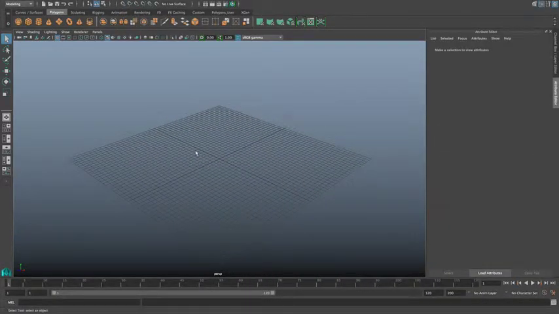Hello and welcome to part one of this lab on lighting in Maya. It's just an introduction to the concepts of lighting and the types of lighting. In this not very brief, but brief lab, we're just going to cover the different types and some of the more common attributes